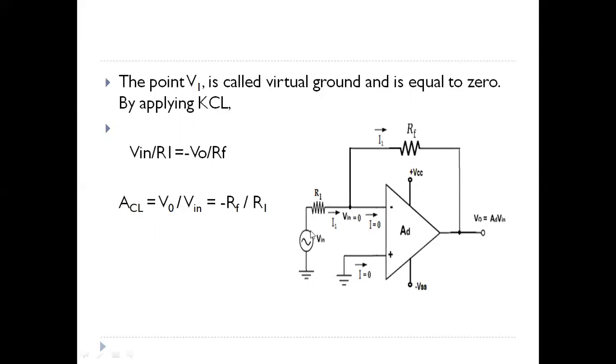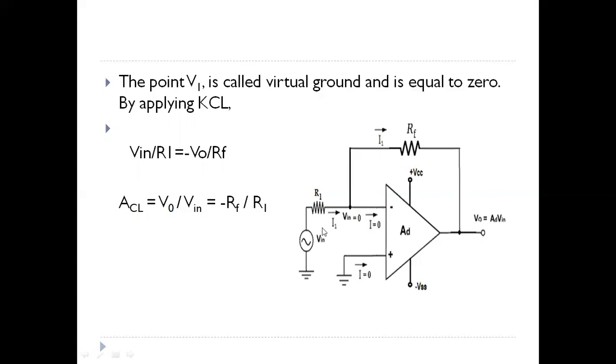So here we have the current I1 which is flowing from V1, and that current flows through the resistance RF also. Apply KCL at this node, consider the node at this point is A. KCL means the sum of the entering currents is equal to the sum of the leaving currents. Entering current is I1, leaving current is I1. Consider these two currents are same.